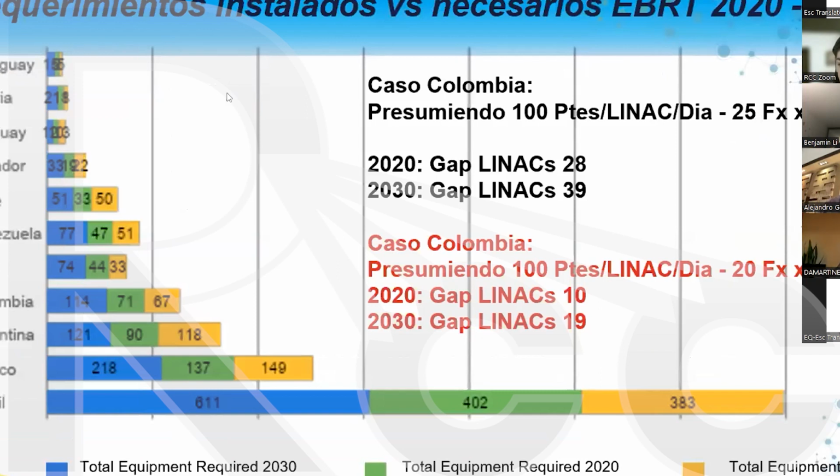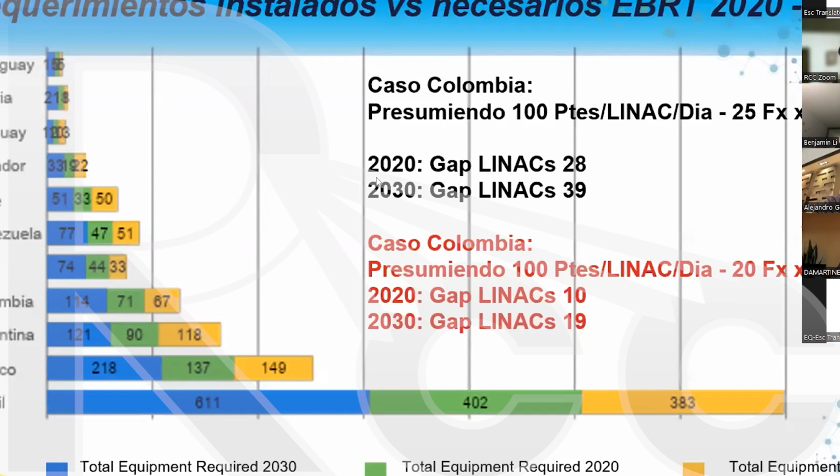When we calculate, you will find the Excel that we use for the calculations. In the papers I already showed you, they're all available for free. You can download the supplementary material and make your own exercise for your own clinics, institutions, countries, and regions. So when we evaluate a case for Colombia, assuming that for each installed accelerator we take care of